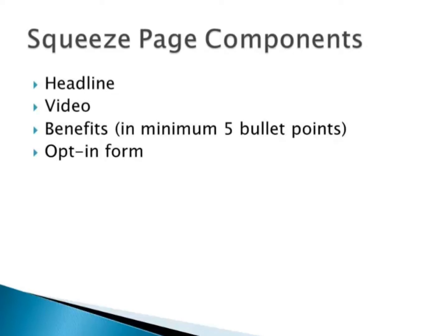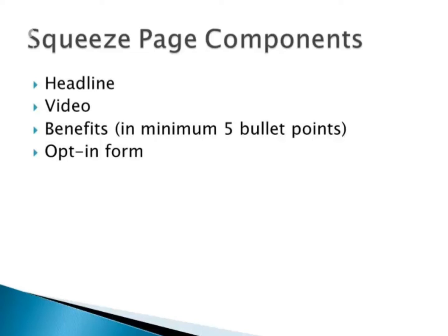Squeeze page components: headline, video, benefits in minimum 5 bullet points, opt-in form. There are 4 basic components to a squeeze page. The headline, the video which is going to play a very big part in converting your visitors into subscribers, the benefits written in a minimum of 5 bullet points, and last but not least, the opt-in form where you collect the names and email addresses of your